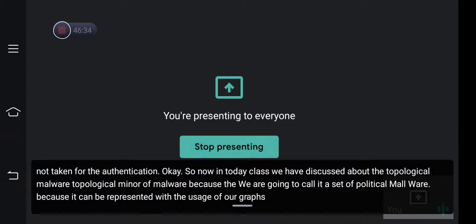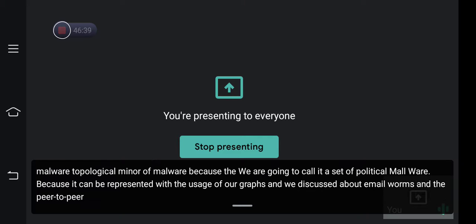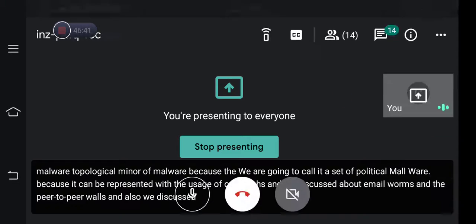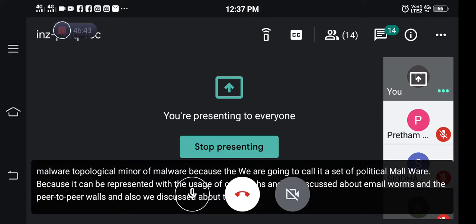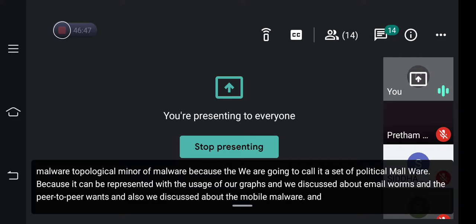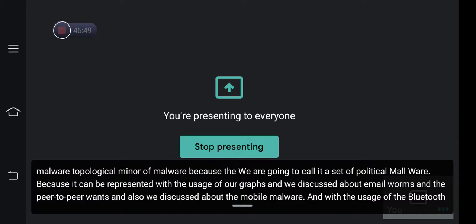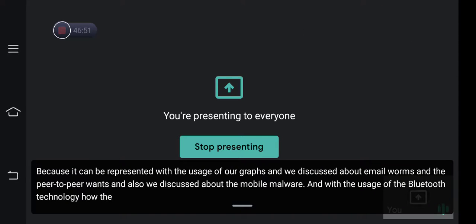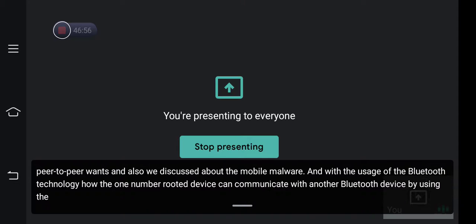We discussed email worms and peer-to-peer worms, and also mobile malware, and with the usage of Bluetooth technology, how one Bluetooth device can communicate with another using the discovery procedure.